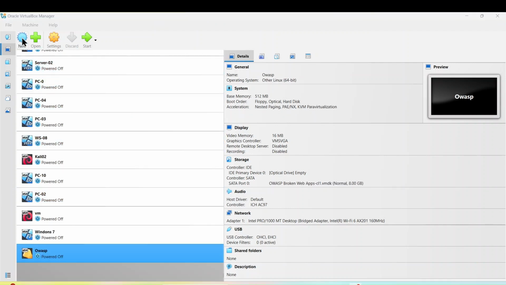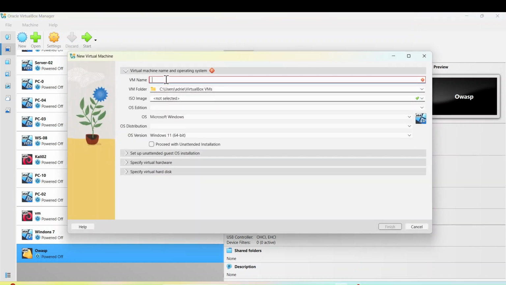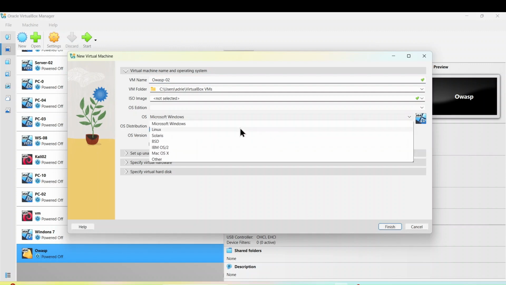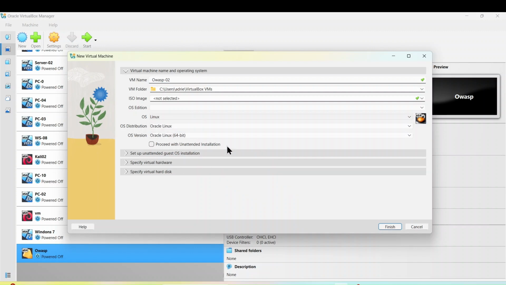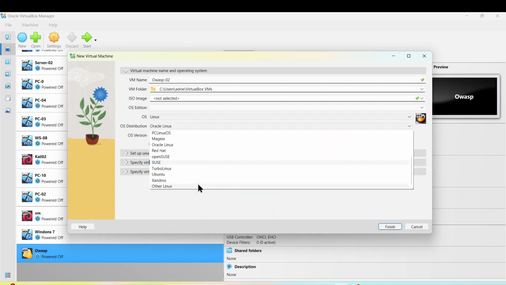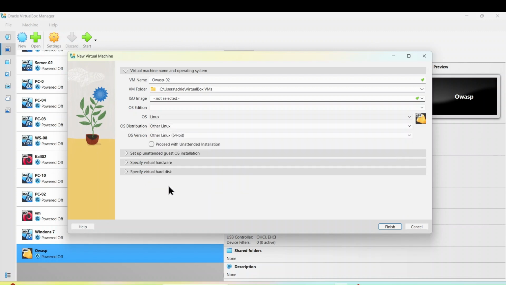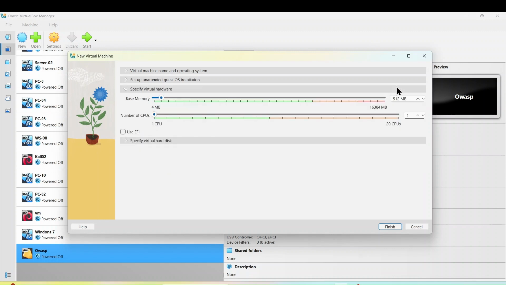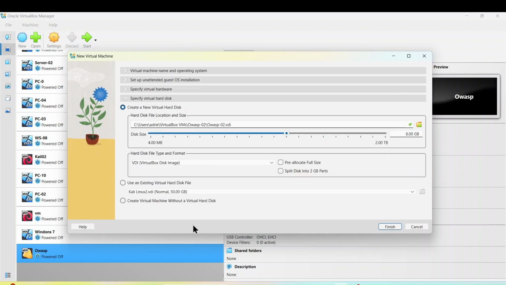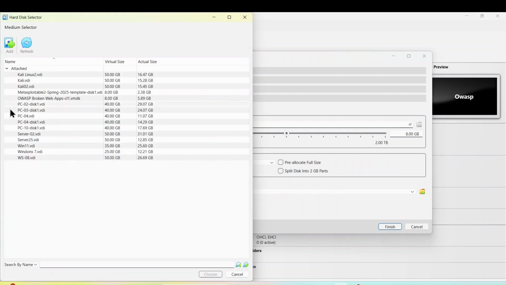So now in VirtualBox, we're gonna create a virtual machine. I'm gonna call it OWASP. We're gonna select Linux. Here we're gonna select other. Okay, now set up. Good. Specify. So when I select here, use an existing virtual hard disk. When I click here, and when I click add,